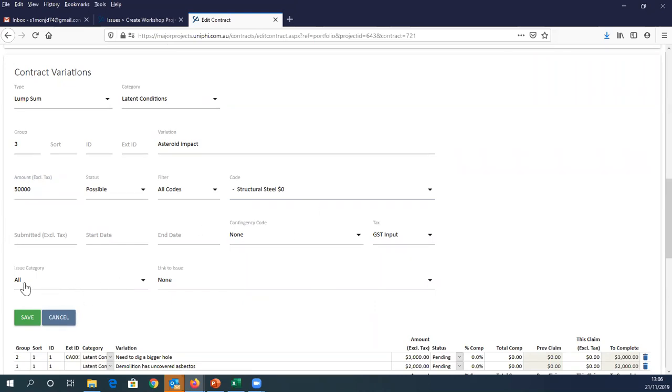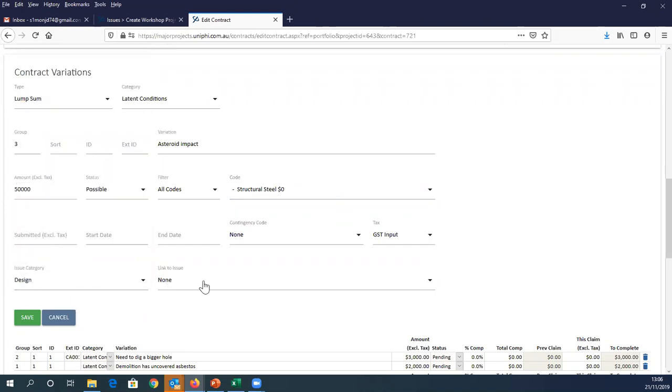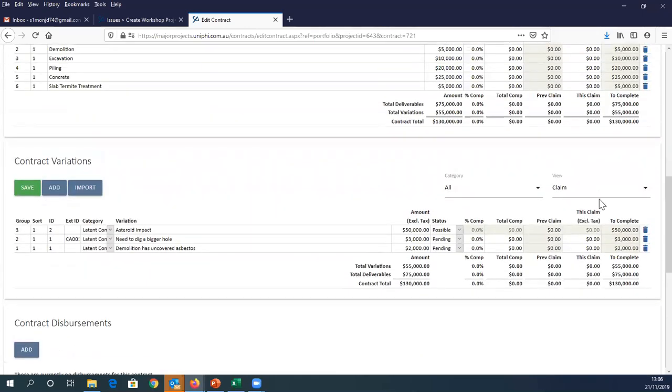And I've now got down here both issue category and link to issue. So I can select my issue category, so design in this case, and then here's the issue that I've logged against it. So now when I save that variation,